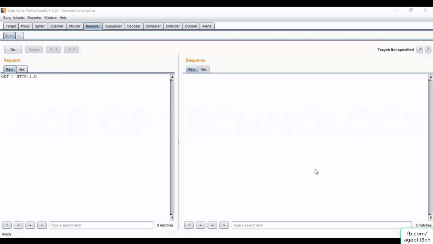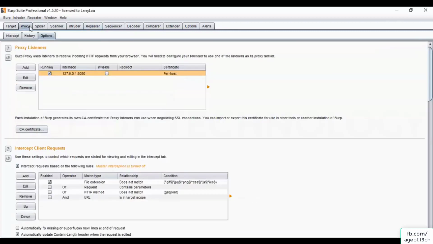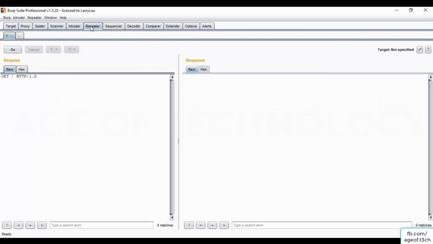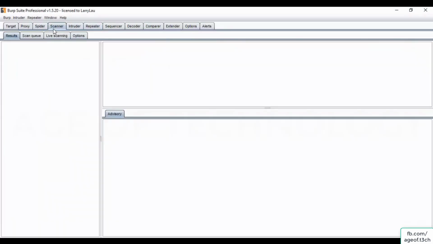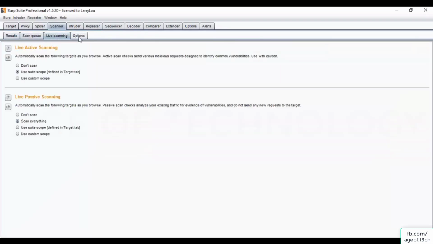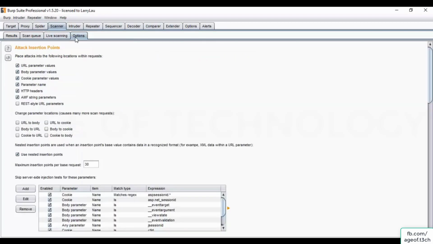As you can see, when we have visited the menus of Burp Suite, the main are proxy, spider, scanner, intruder, repeaters are important, right? So we have configured that use suite scope in live scanning and scan everything in the passive mode,